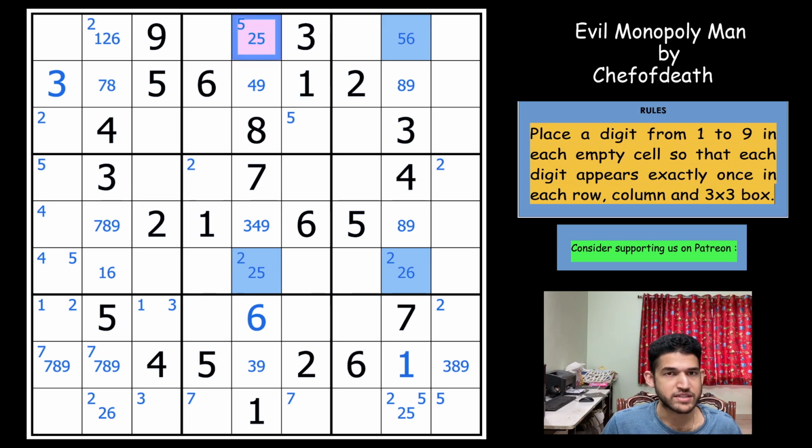Because if this cell is a 5, instantly this becomes a 6, and this becomes a 2. And you don't have any possibility here now for row 6 column 8. So we can't allow this to happen, which means the row 1 column 5 cannot be a 5. So that is a 2. That should give us a lot of information. This becomes a 5. This is not a 2, and the 2 is forced here now,